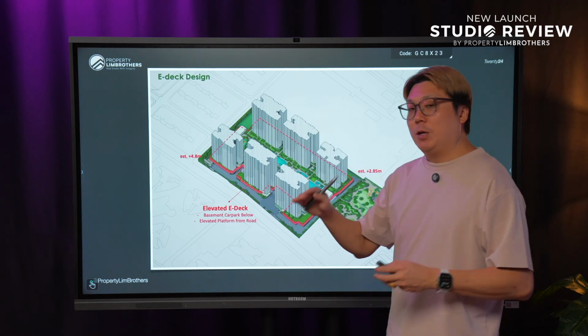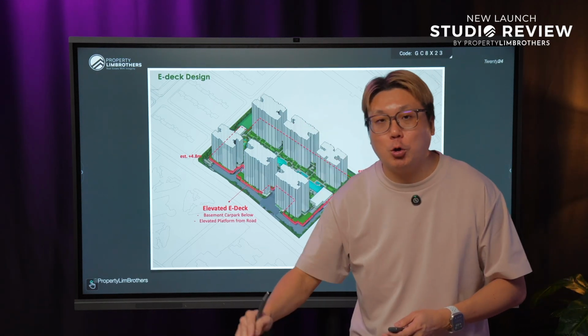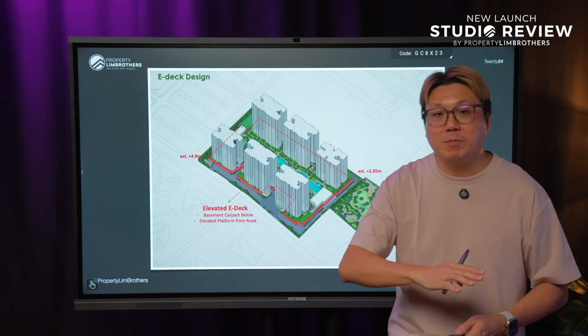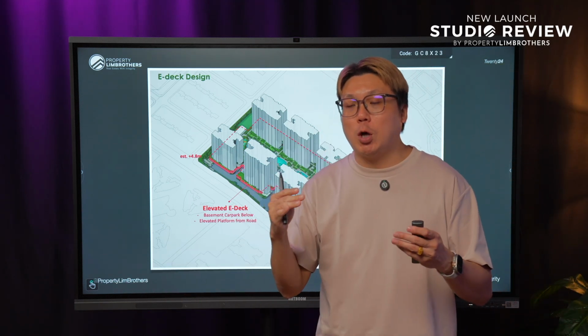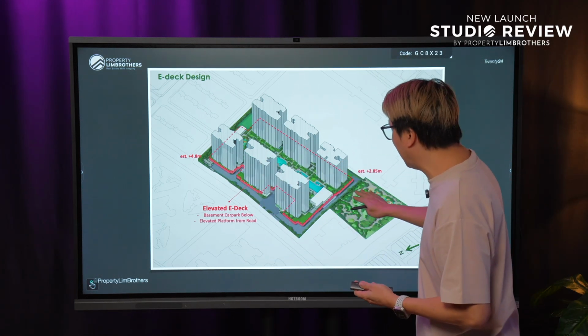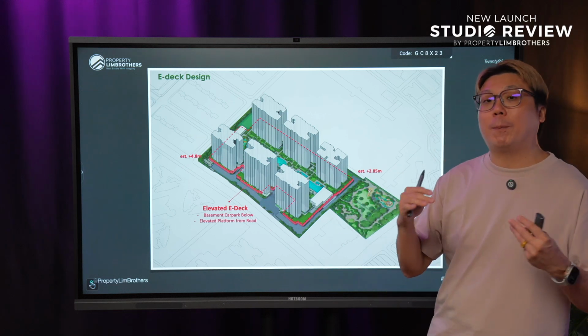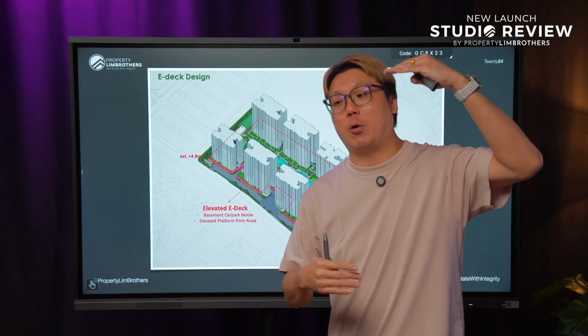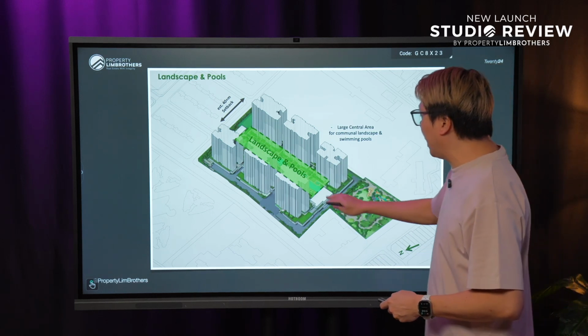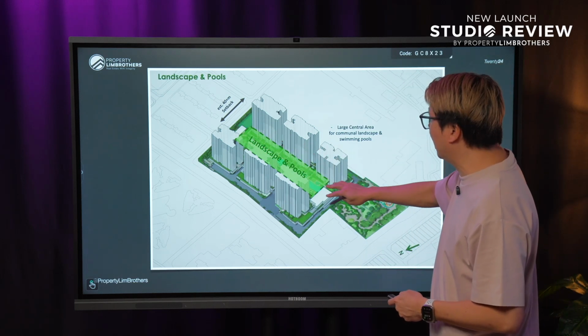In a sense, even if you are the ground floor unit, the patio unit, you are already a certain height away from the road line, which means that anybody outside or at a facilities area, at a park area, will not be looking right into a unit because you are already elevated upwards. As I mentioned again, landscape and pools are all sitting right in the middle,